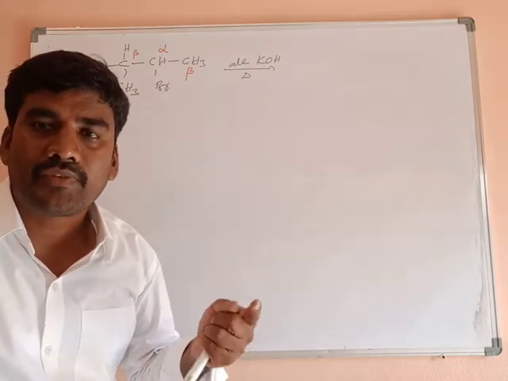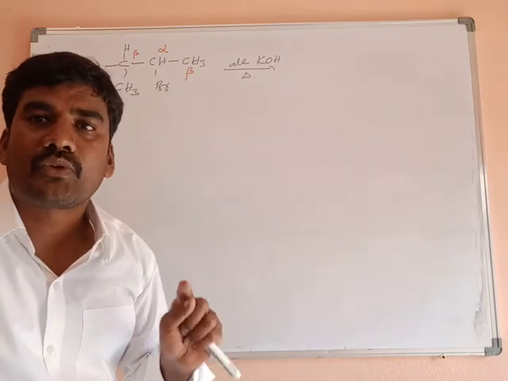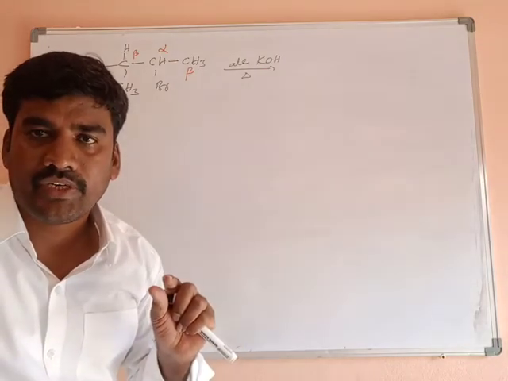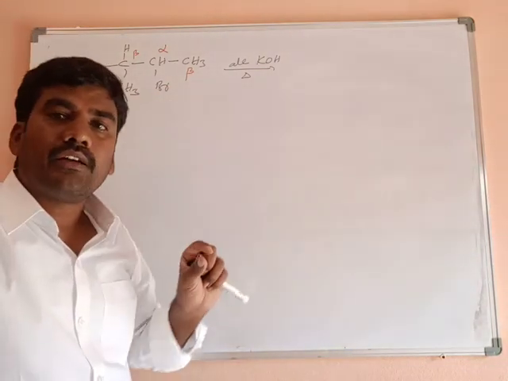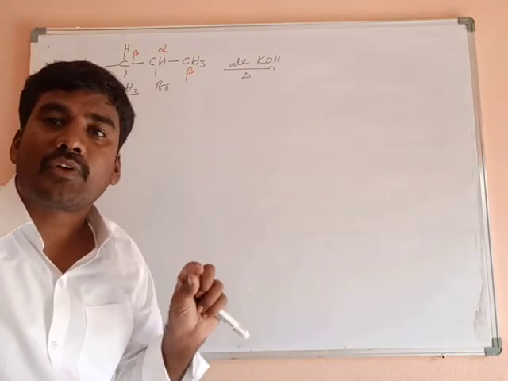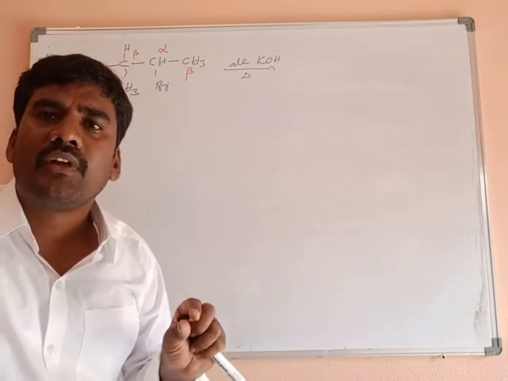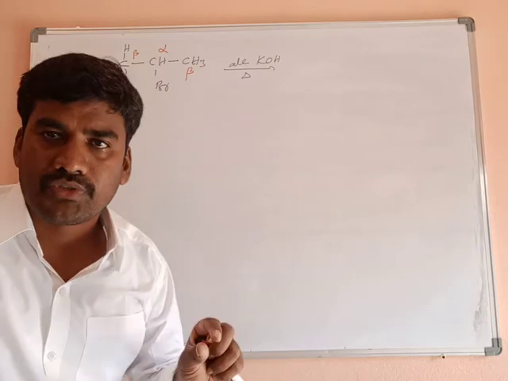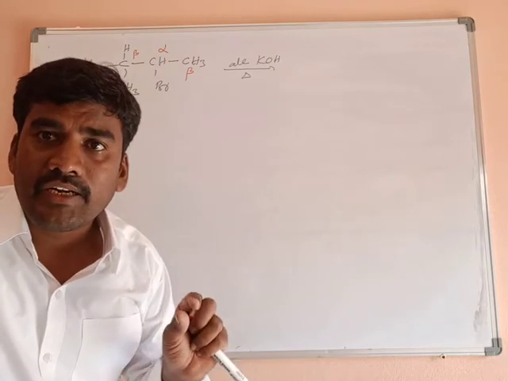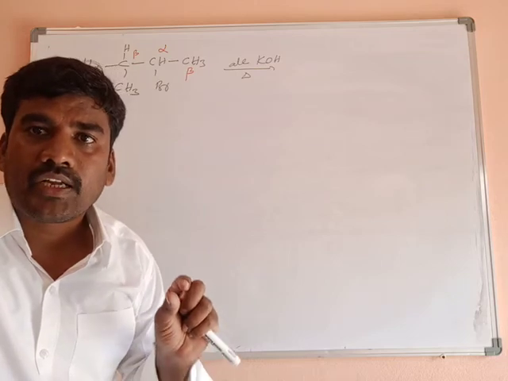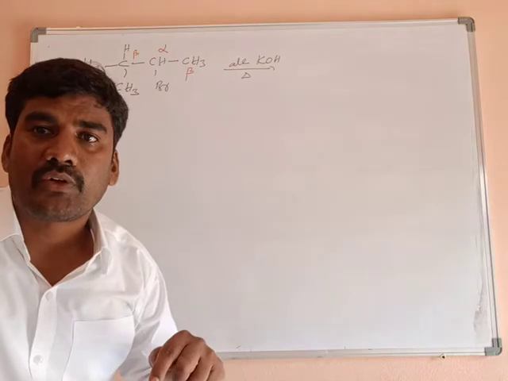Hydrogen elimination takes place from the more substituted carbon, or the carbon bearing fewer hydrogen atoms. Clear? Understand? Listen once again. The hydrogen atom is eliminated according to the Saytzeff rule. What is the Saytzeff rule? If there is a possibility of formation of more than one compound, the hydrogen atom gets eliminated from the carbon atom with more substituents, or with fewer hydrogen atoms.